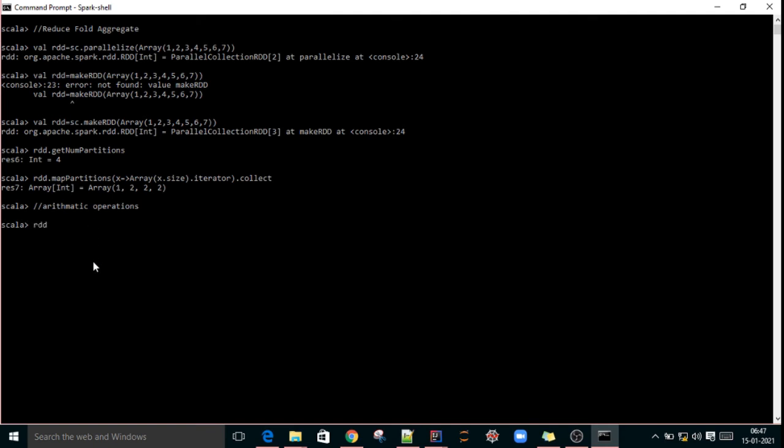So how to perform the reduce action on the RDD: val output equal to rdd.reduce((x, y) => x + y). This is a cumulative operation. Output is 28. How is it 28?